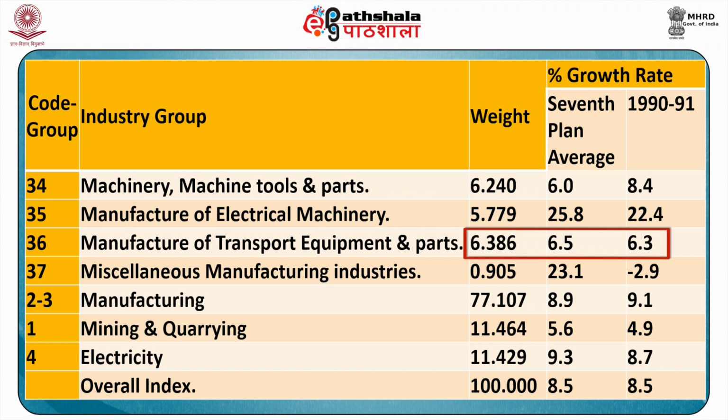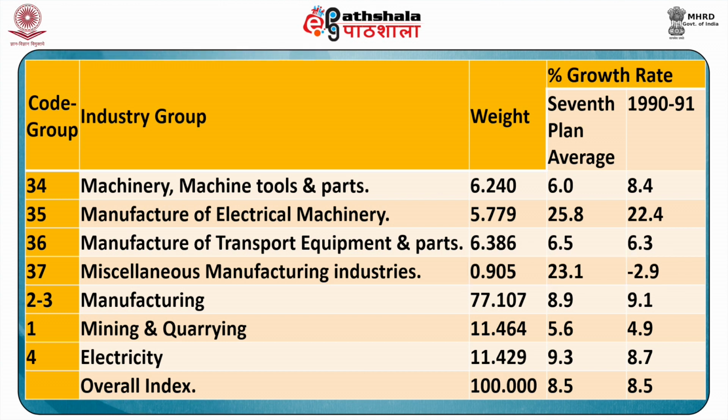Its weight was 6.386 with a growth rate of 6.5% in the 7th 5-year plan and 6.3% in 1990-91. Next, miscellaneous manufacturing industries. Its weight was 0.905 with a growth rate of 23.1% in the 7th 5-year plan and minus 2.9% in the 1990-91